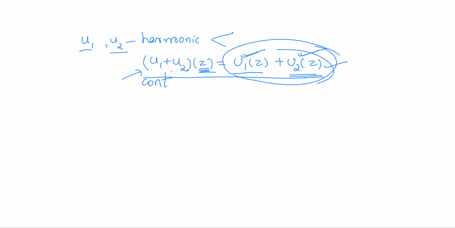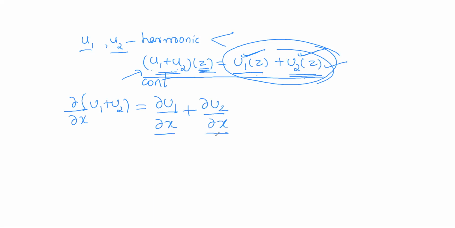Then you can observe their partial derivatives. The partial derivatives are also continuous, because if I consider the first order partial derivative of U1 plus U2, dou by dou x of U1 plus U2, what is it? Dou U1 by dou x plus dou U2 by dou x. As these two are first order partial derivatives of U1 and U2, they are continuous, hence their sum is continuous. So the first order partial derivative of U1 plus U2 with respect to x is continuous.